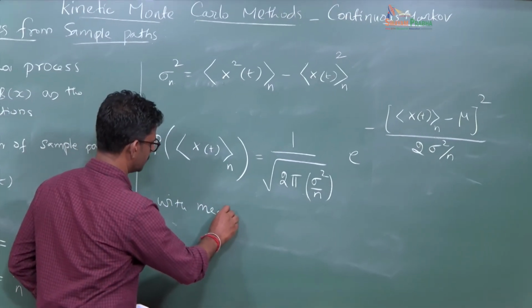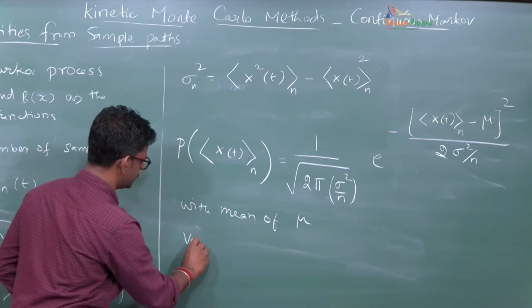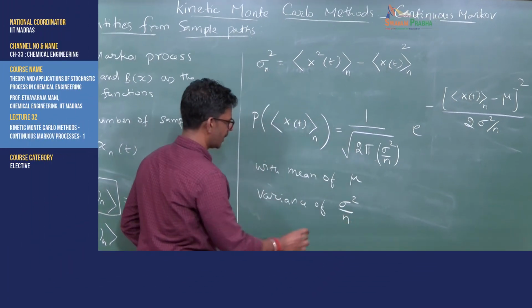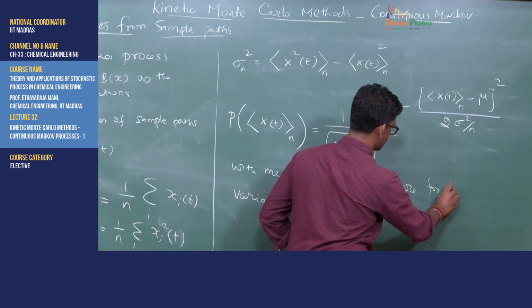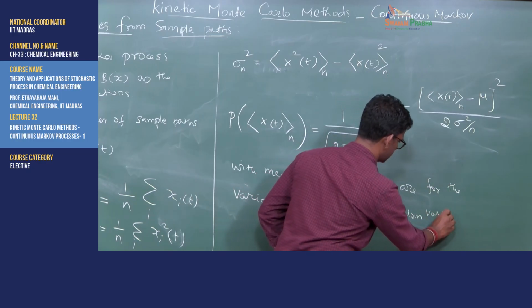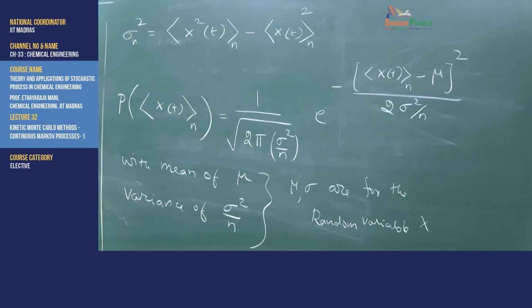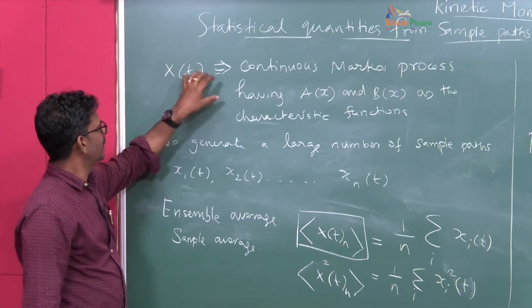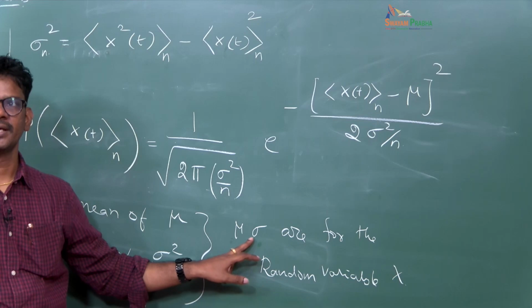mean value of mu and variance of sigma square by n, where mu and sigma are for the random variable x. Okay, so what I am saying is, if I have a random variable, a random process x of t, and let us say it has a true mean and standard deviation given by mu and sigma,